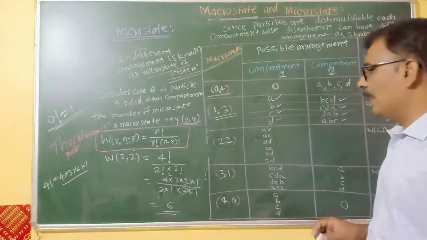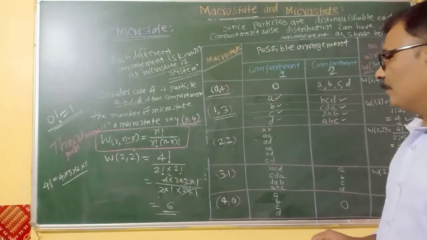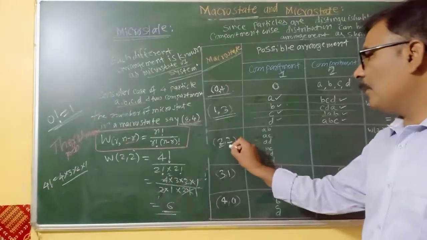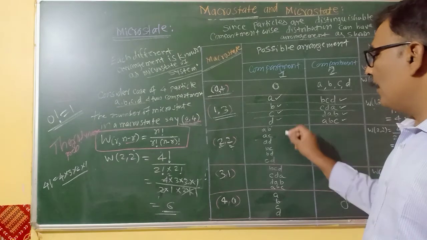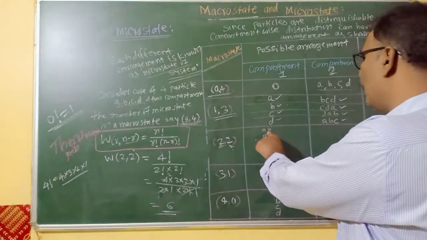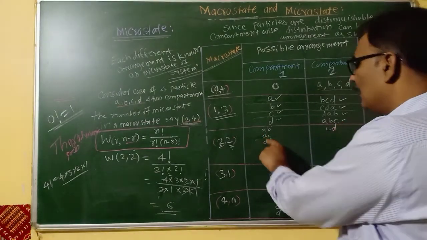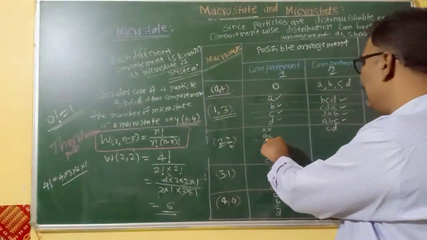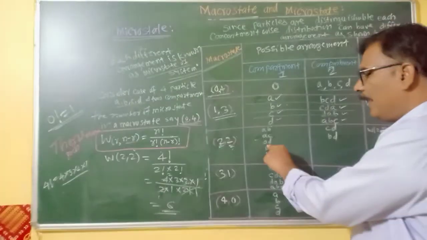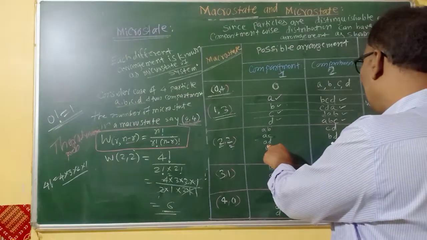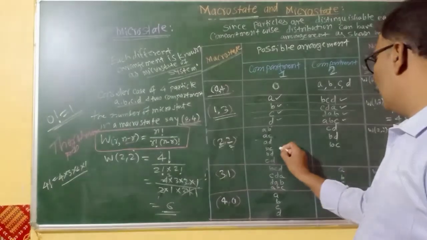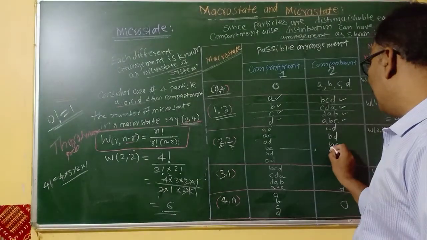Now what are there? The possibility is what? A में कितने पार्टिकल होने चाहिए? 2. B में कितने होने चाहिए? 2. तो कंपार्टमेंट A में समझो A और B है. तो कंपार्टमेंट B में क्या होना चाहिए? रिमेनिंग कौन है? C और D. कंपार्टमेंट A में कितना है? AC है. तो इधर कौन रहेगा? B और D. यहाँ पे A और D है. तो नेक्स्ट में क्या रहेगा? B और C. यहाँ पे B और C है. तो रिमेनिंग में क्या आएगा? A और D.